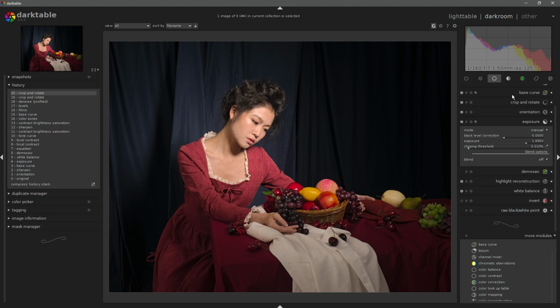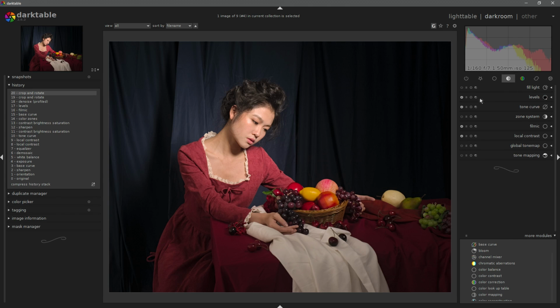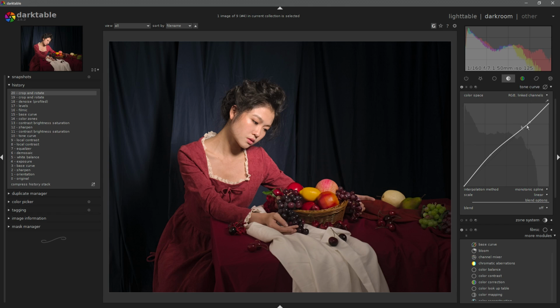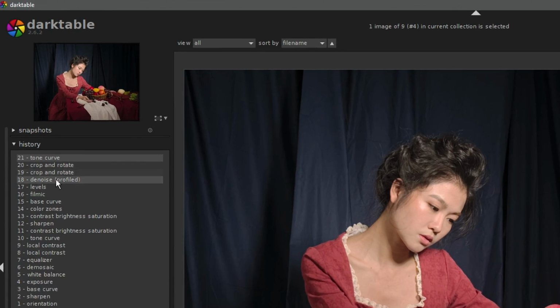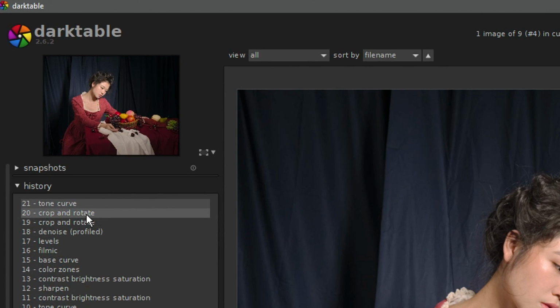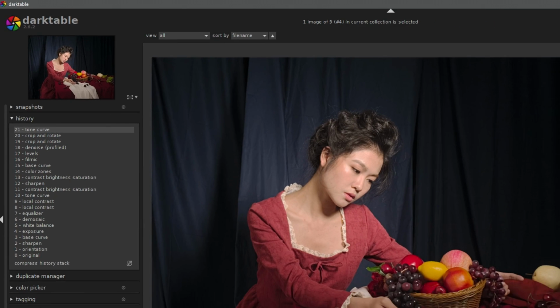But inside of Darktable, I can go ahead and make as many edits as I want. Let's come to the tone curve. Let's do a further edit like this. Now this all gets recorded in the history panel. However, the history panel contains tons and tons of edits. Some of these are crop and rotate, and I think I've done crop and rotate several times on this image. If I was to now come back to crop and rotate,